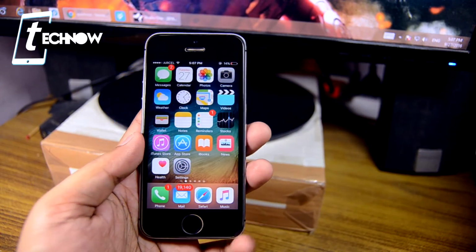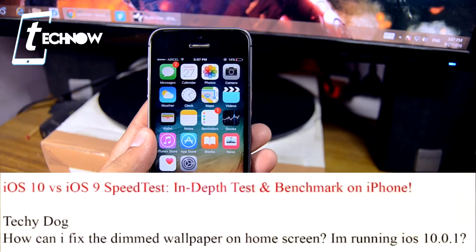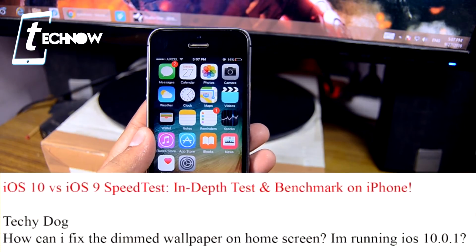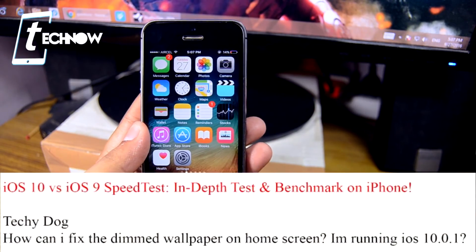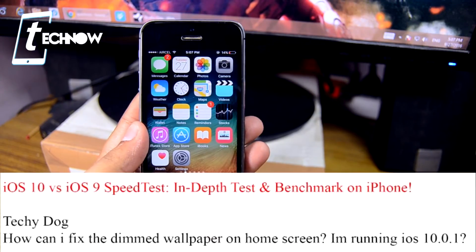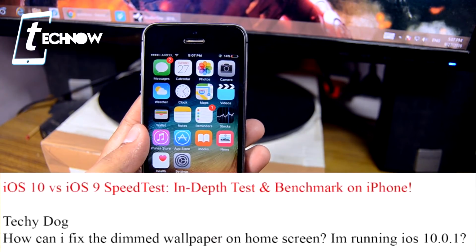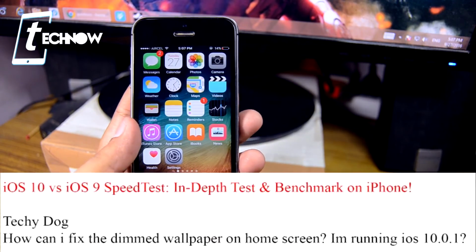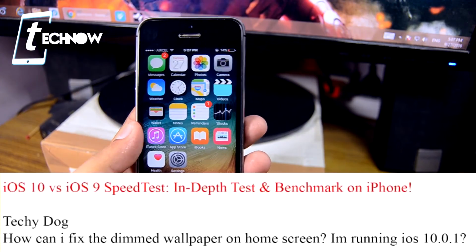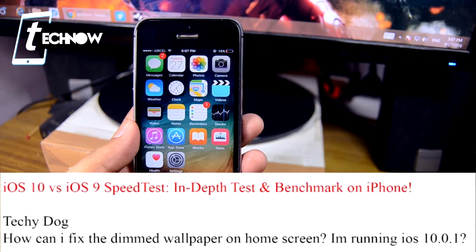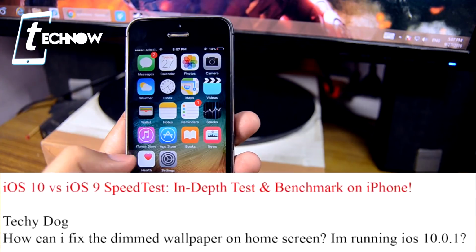So guys, coming on to our next question, which is from Techie Dog, and he had asked, how can I fix the dimmed wallpaper on home screen? And he's running his device on iOS 10.0.1. Techie Dog, I would say that it's a problem with the iOS 10 system, because it automatically applies a gradient. You can change it by getting into Settings,